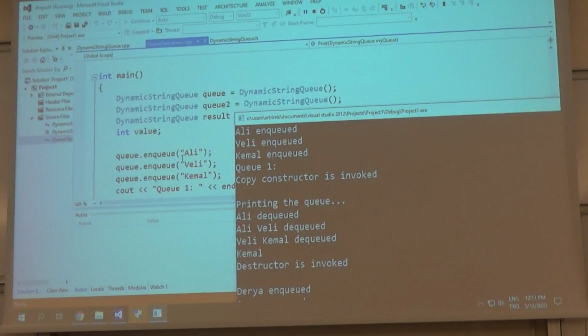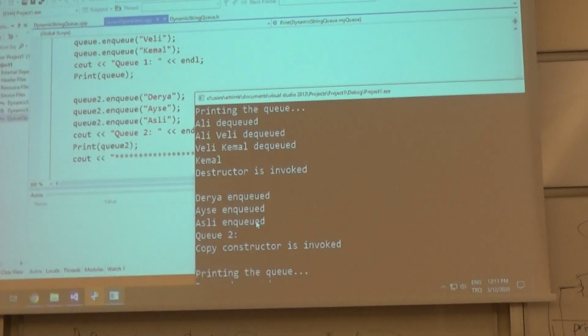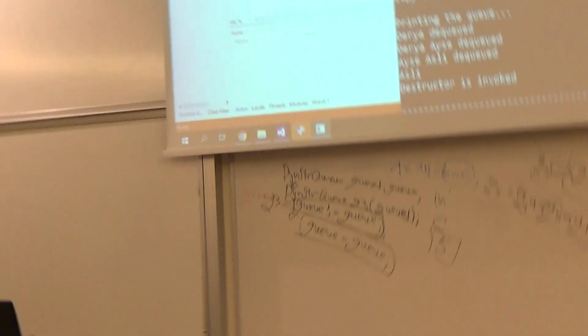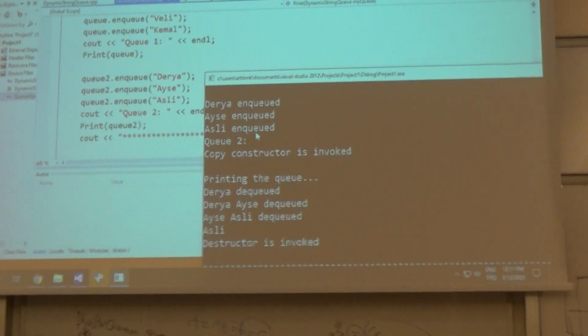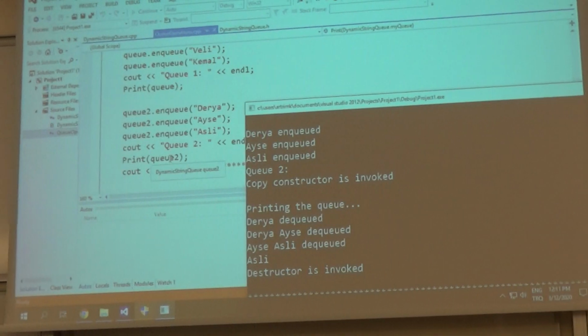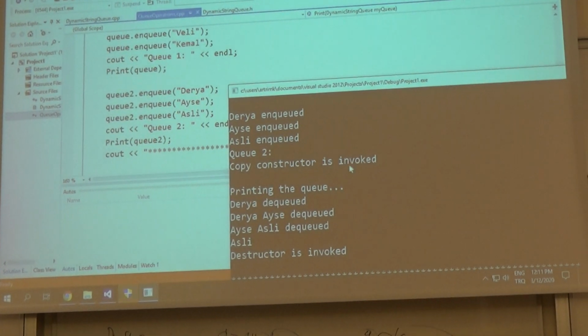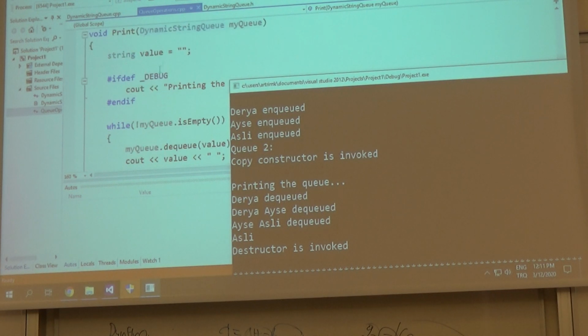Okay. Now we're going with the second queue. In the second queue, I'm queuing Delia, Ayşe, Aslı, and I print it. So I print now Q2. Again, I want to print the queue, so I'm sending a copy of Q2. That's why I say copy constructor is involved. And then I go to the print function here, and I print